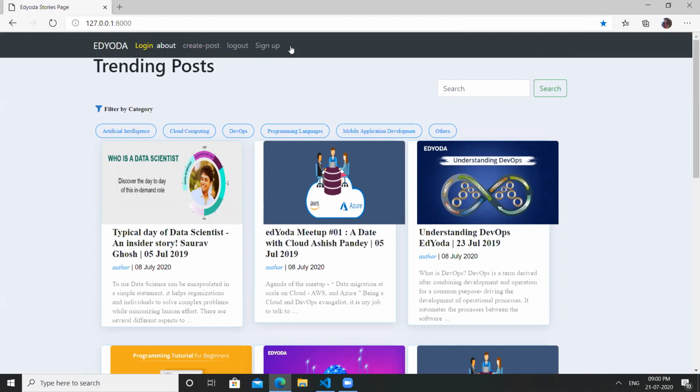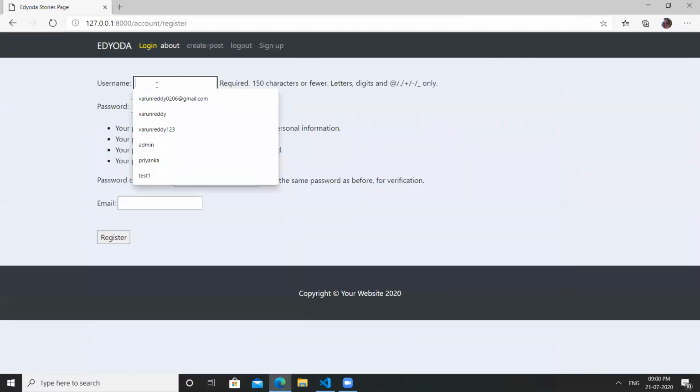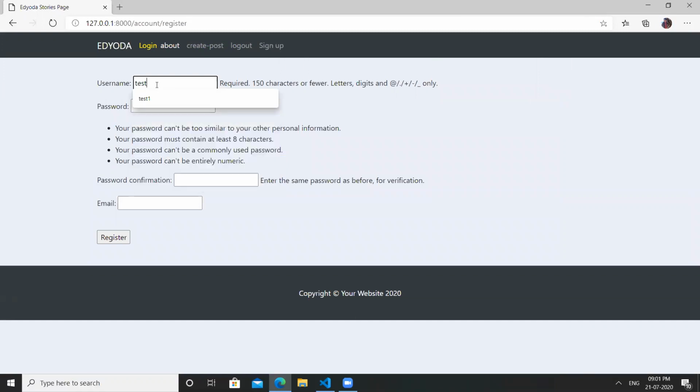We can also create our own account. I'm not an authenticated user, so I want to create a new account in this blog. So I'm going to sign up, and I can create a new account like test 8. Here we have some conditions related to the username: it requires 150 characters or fewer, and only some symbols are accepted, not everything.